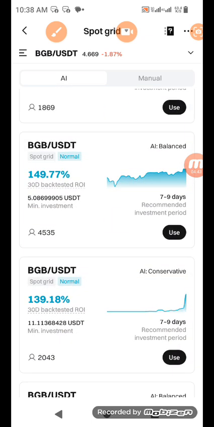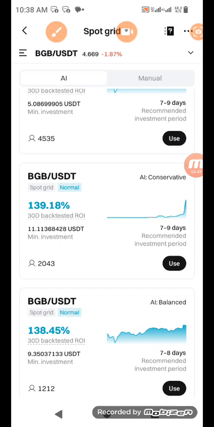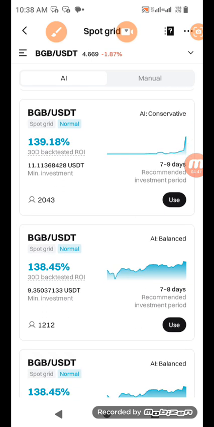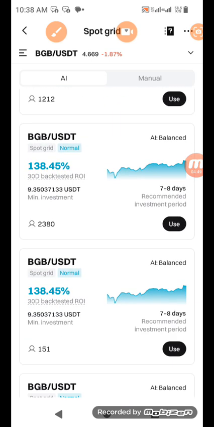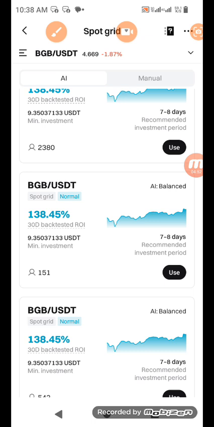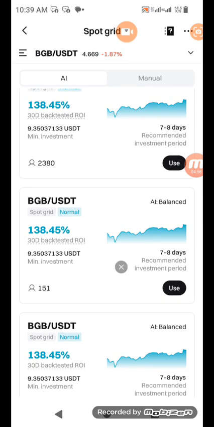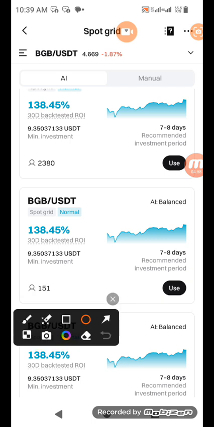So I'm searching for where I'm going to have aggressive. And also, the next thing I'm going to consider is the amount I want to put in. Because while you're looking at this, you see for instance this one is telling you that the minimum you can put in is 9.3. But when you see 9.3, the system doesn't allow anything in fractions. So that 9.3 means you must have at least $10. You can't put 9.3 there, and if you put 9, it's less than the minimum. So at least you can put there is $10.